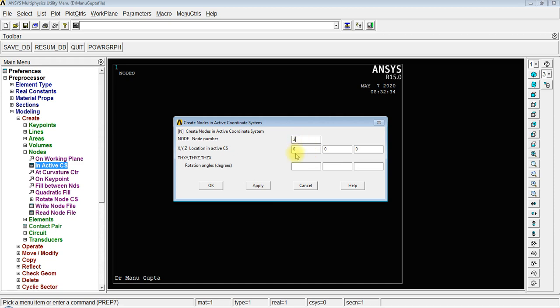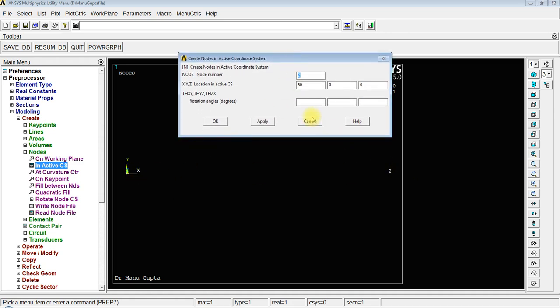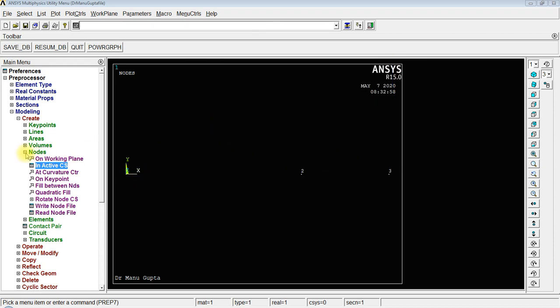Second node is 50 in x direction 0 0 0. Third node is, here it is being displayed. Third node is 75. That is 25 more than previous one. Okay, so we have got three nodes here. 1 2 3. Okay.